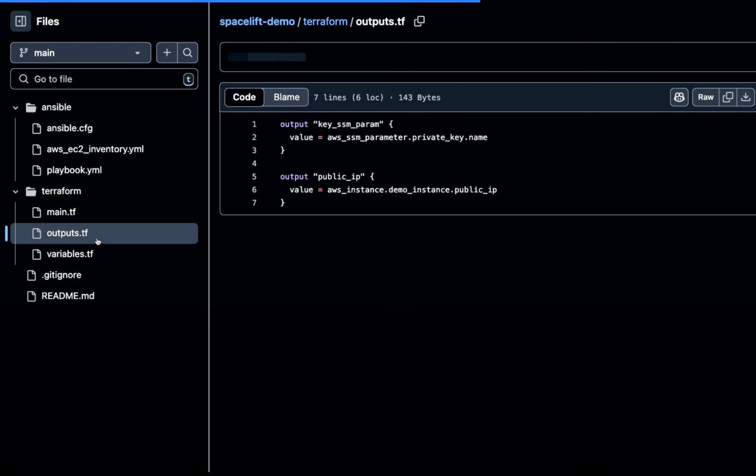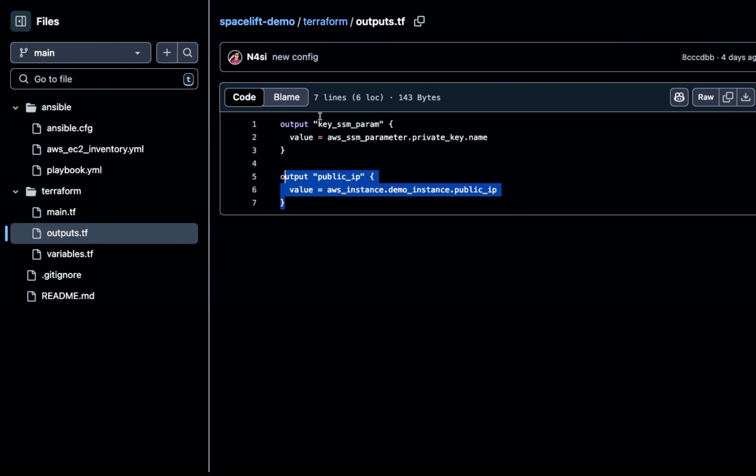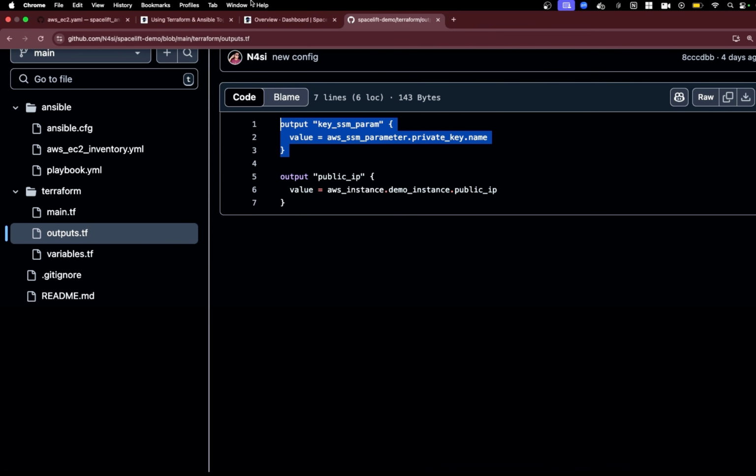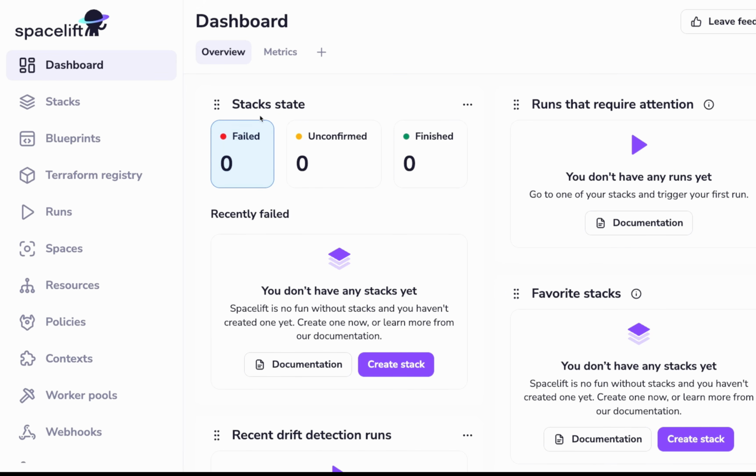Along with this, I have some outputs created for the public IP address and also to get the key SSM parameter. You can follow through this demo and learn how you can use Spacelift to integrate Terraform and Ansible. For now, let's go click on stacks